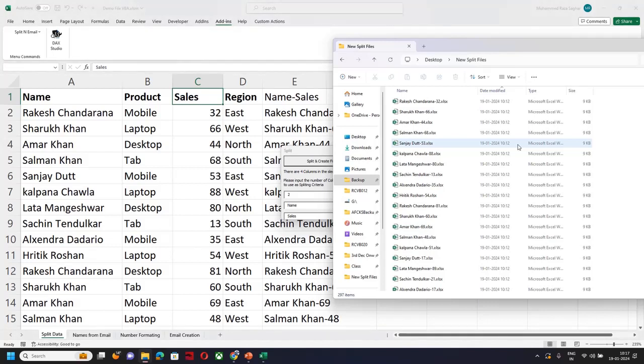How much time would you take to create 300 files? Good question to ask yourself. Give me a rough estimate. Let me ask Prasad. Prasad, how much time will it take to create 320 files? Probably 4 to 5 hours. 4 to 5 hours, okay. 4 to 5 hours takes you to 300 minutes.